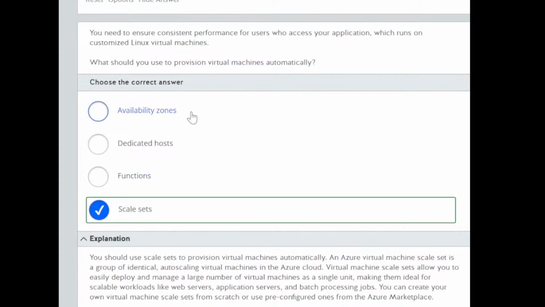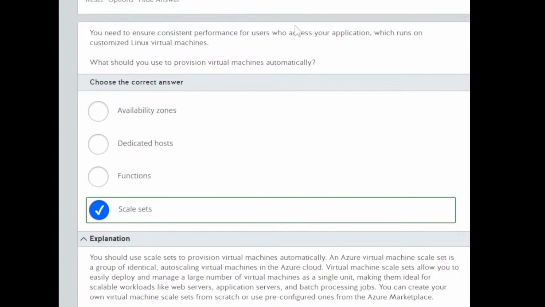So, scale sets. Again, you need to ensure consistent performance for users to access your application which runs on customized Linux virtual machines. What should you use to provision virtual machines automatically? Ang usapan dito, performance, hindi siya availability.